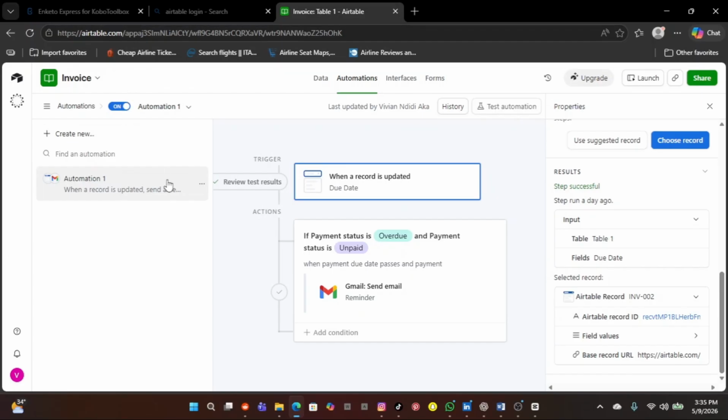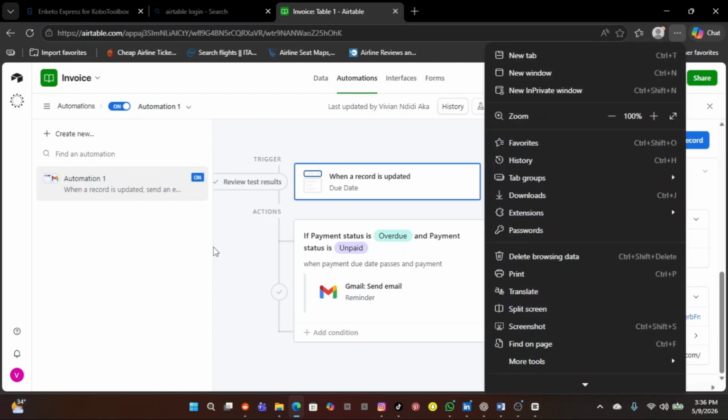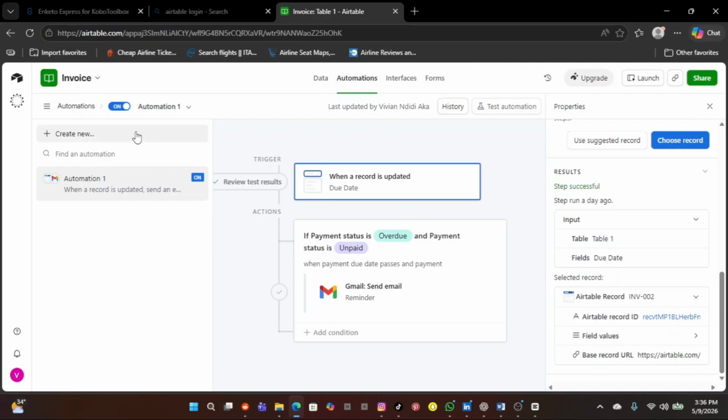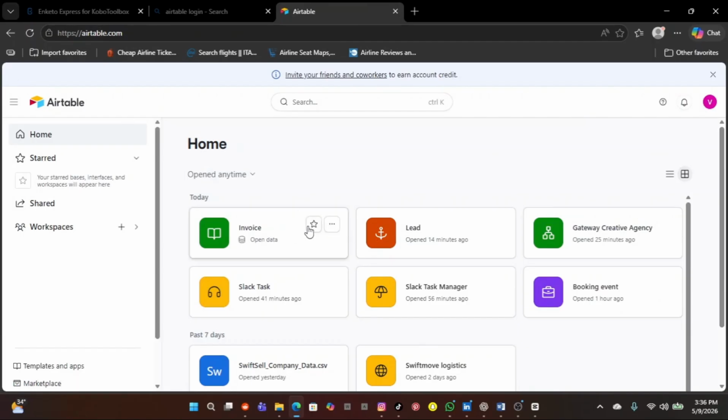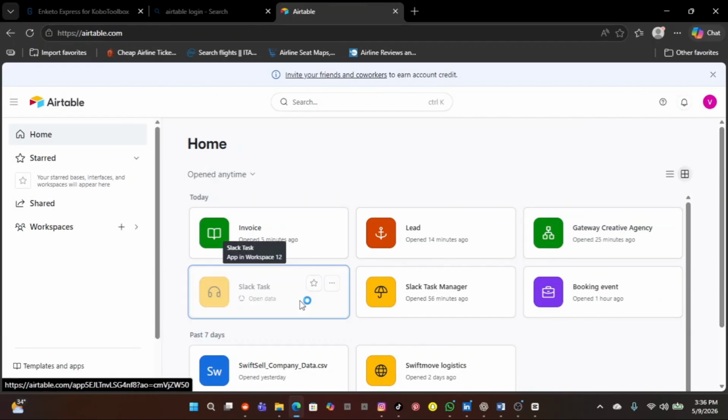This is just a demo, we're just dealing with 5 clients here. When you have thousands of them, you have to put on this automation. That's why you are seeing it there. You have to put that automation on. So let us go back. You can use it to run an invoice, and you can also create Slack management tasks